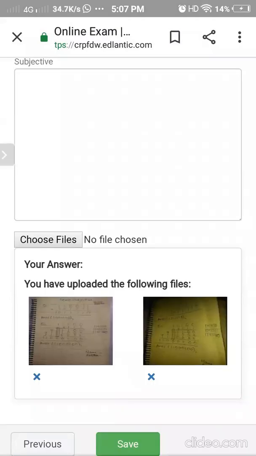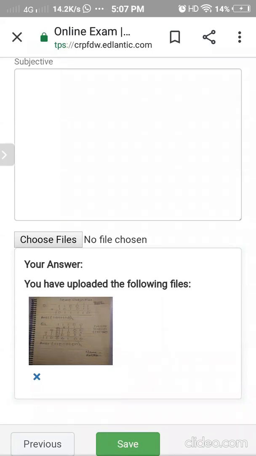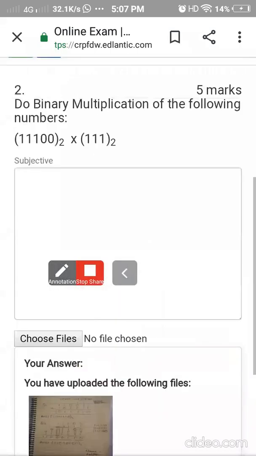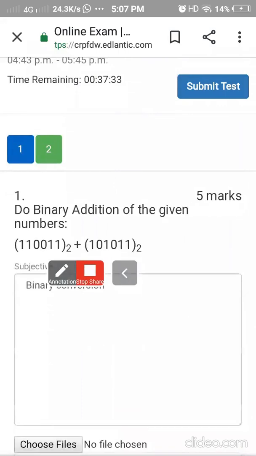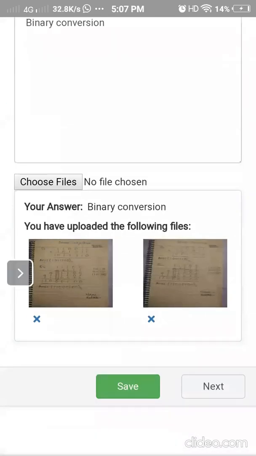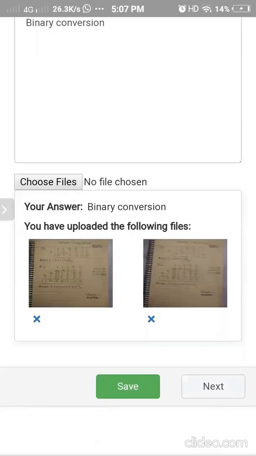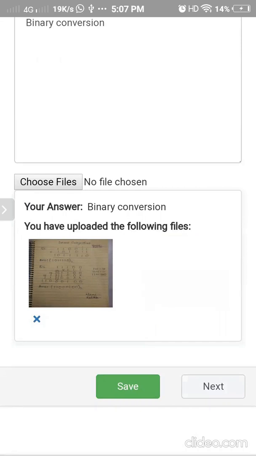To delete the images, you can just simply click on this blue cross sign which is coming at the end of the picture to remove the images. Now this is my final picture which I wanted to upload. And in question number 1, I have clicked 2 images and this is the final image. This is the final image, but I don't want to upload the other one. So I am just clicking on this blue cross sign.